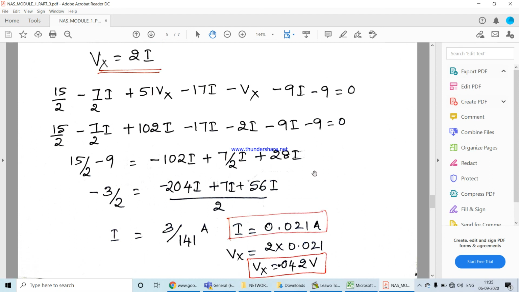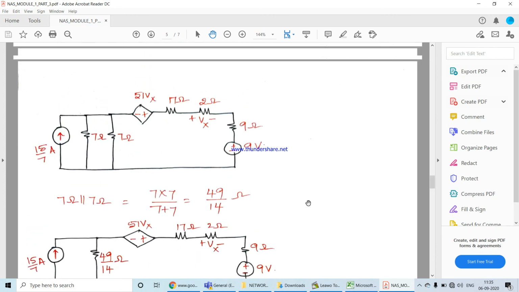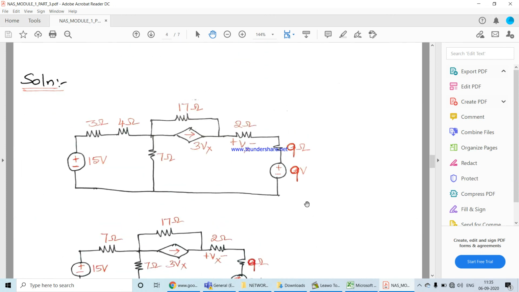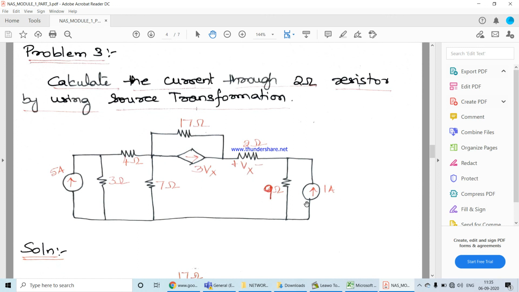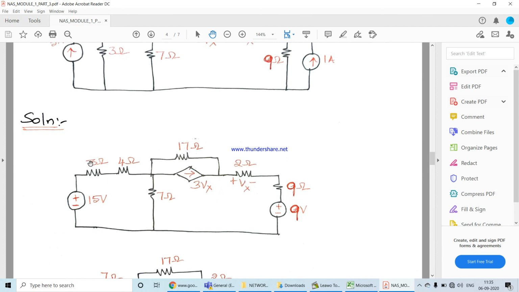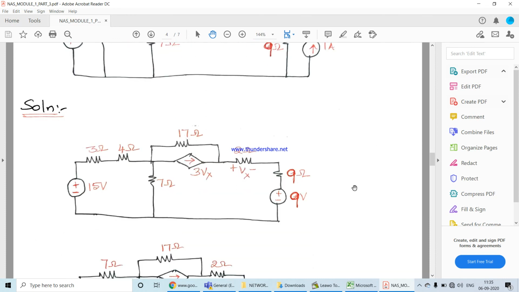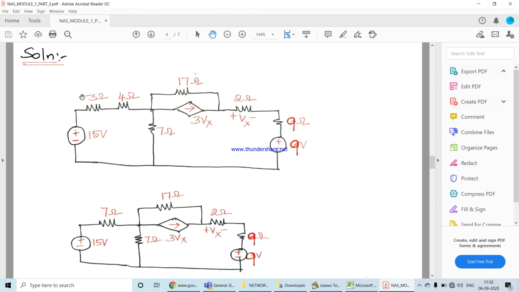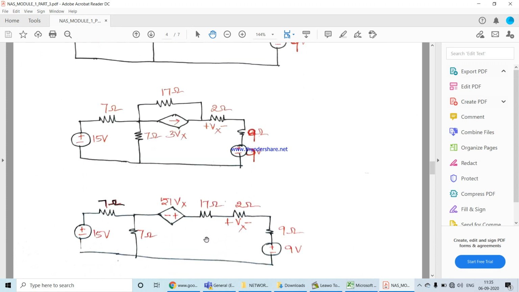I hope the problem is clear to you. I'll again move the cursor over the question. So this was the question which was given. Here we have a 5 amp source in parallel with 3 ohms, converted into series, and we had 9 ohm in parallel with a 1 amp source, converted into series, and then these both are in series, so we added up and wrote 7 ohms. Then this is a part of the network which you can see here, and this parallel part we converted into series, and then we got this entire series network here.